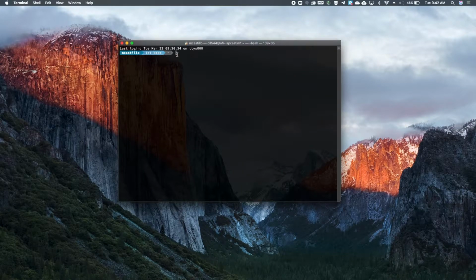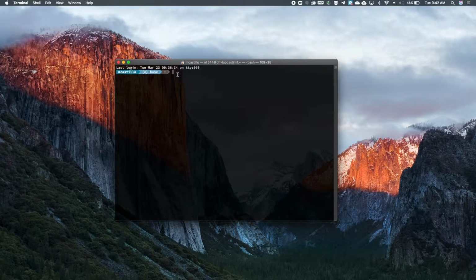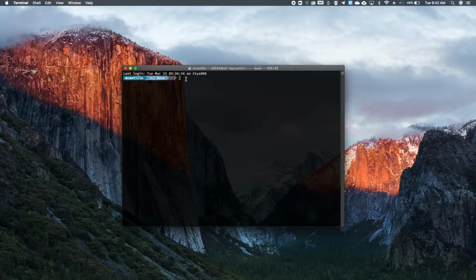My terminal window will look a little bit different than yours, but the functionality should be the same. I have some colors on mine. You might not. The terminal window might even look white. But it's all the same. Now what we want to do is verify if we have Java installed. So what we're going to do here is type java